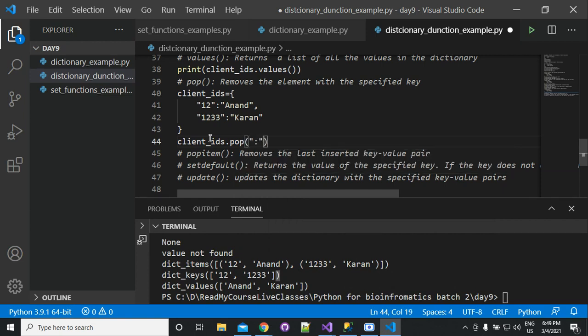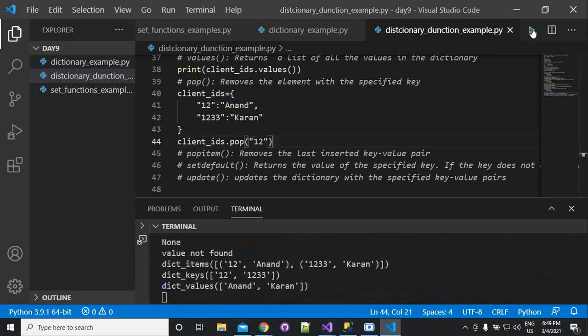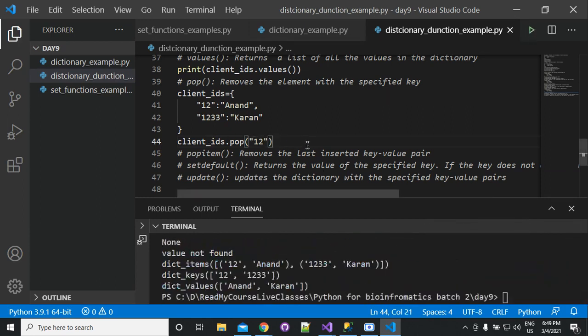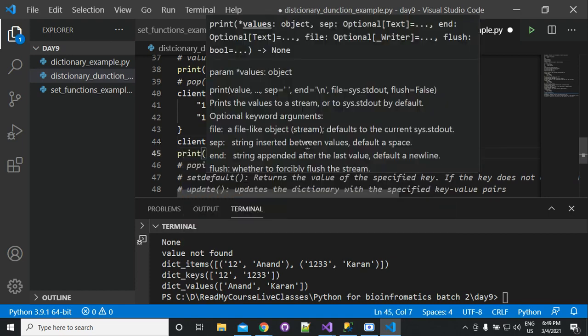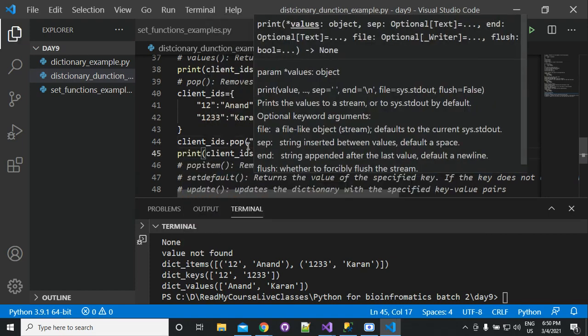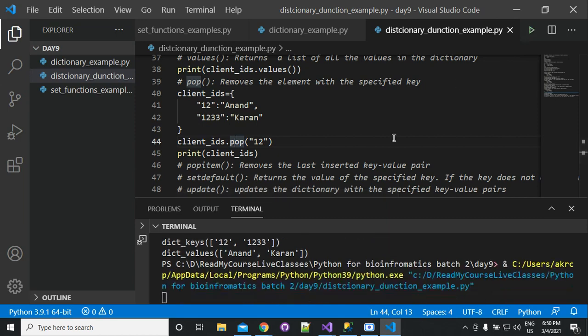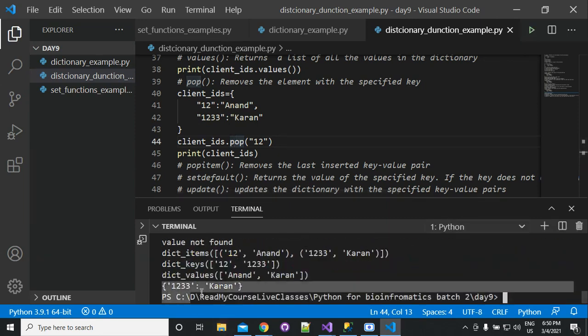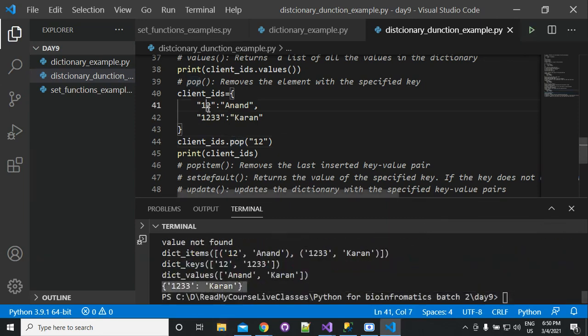Then here we will pass the key name. So what is the key name? 1 2. Now if you print your dictionary, it is giving you 1 2 3 and then current. So the entry of 1 2 has been deleted.